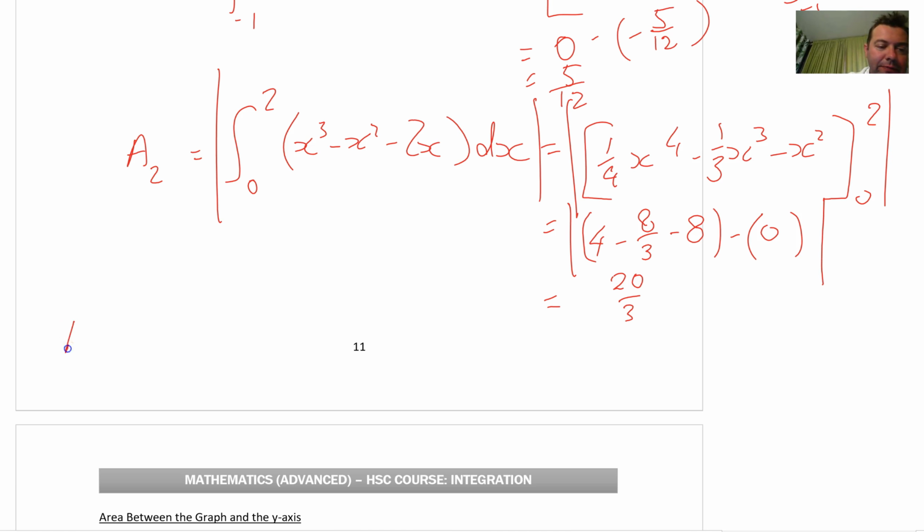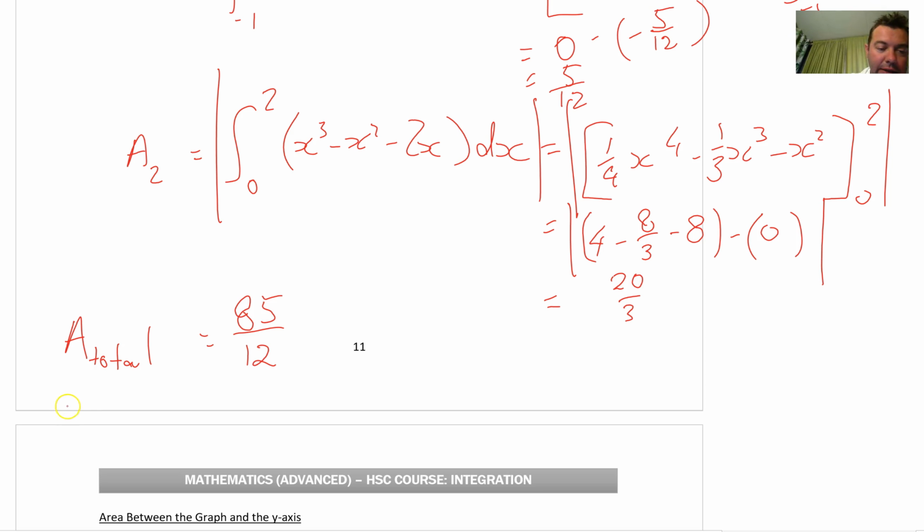So my total area is equal to 5/12 plus 20/3. Well, that would be 85/12, and I'm pretty sure they don't have any common factors. I guess I could write that as a mixed number, but I prefer improper fraction. There we go. That's my total area. Now, the last part of that question asked me to run the definite integral,